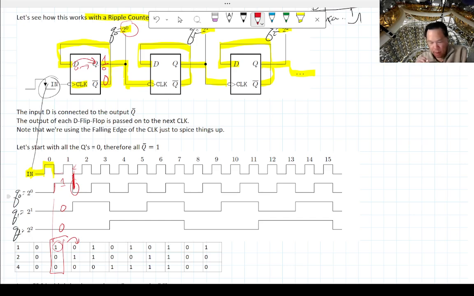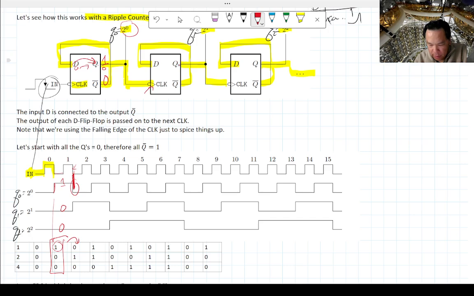Okay, but not only that, now this 1 going from 1 to 0 is a negative edge, because going from high to low is a negative edge. And now the second D flip-flop senses that, because it's a negative edge trigger flip-flop. So when that happens,